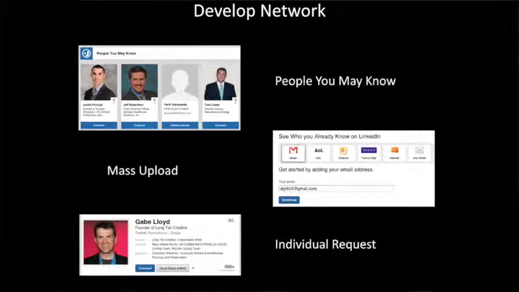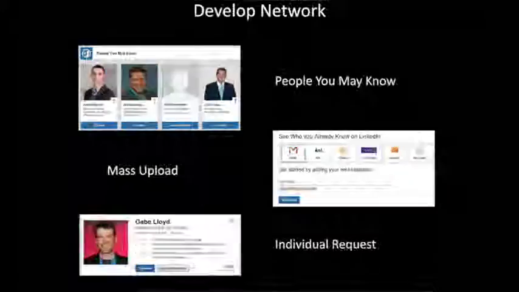The two other techniques: one is People You May Know. LinkedIn has an algorithm based on the people you're connected to, your searches, and if you add your email to it. So they have an idea of people you might already be connected to. For example, if someone who has 20 overlapping connections with you is not connected with you, LinkedIn might recommend them as a person you may know, because it's highly likely that if you have an overlapping circle of 20 people, you probably already know each other.